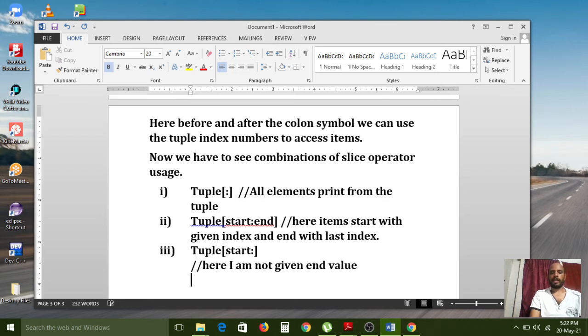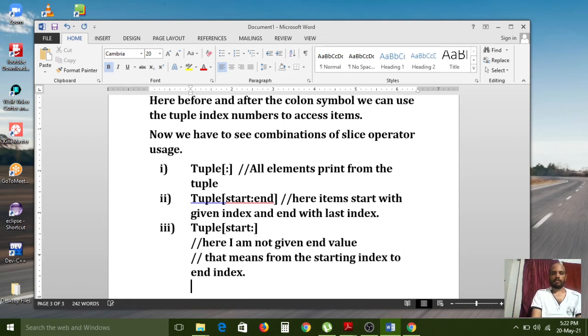Here I am not giving the end value. That means from the starting index to the end index it will print.